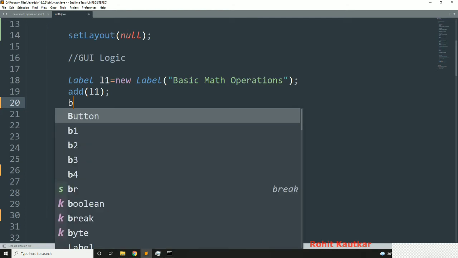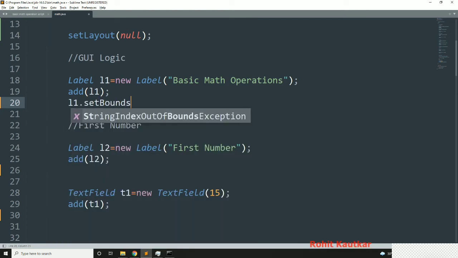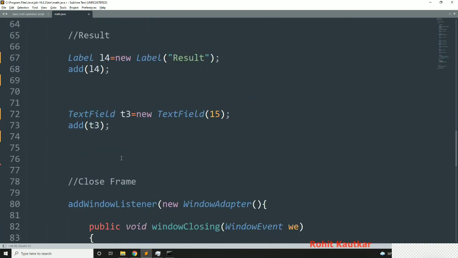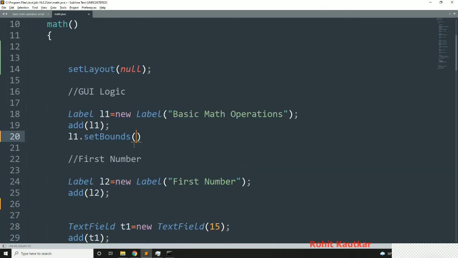So I will write here L1 dot set bounds, and the size of our frame is 600 by 600. So let's specify the x value as 300, y value 50, width will be 100, height will be 50.